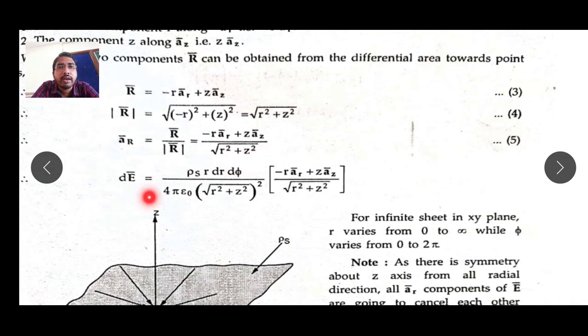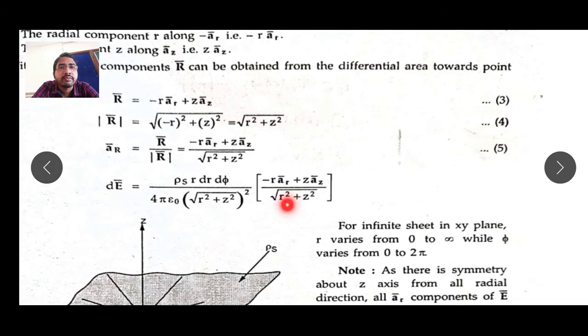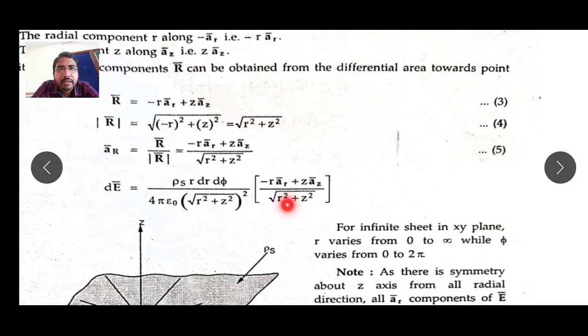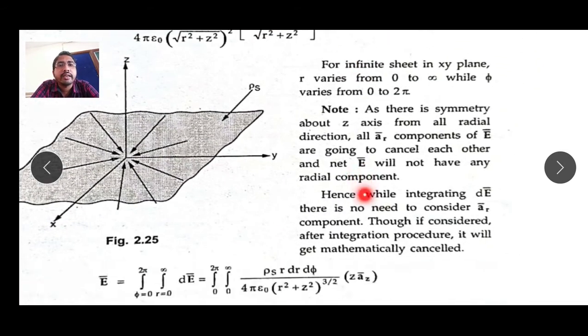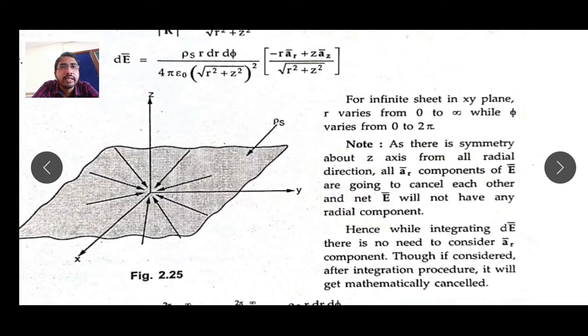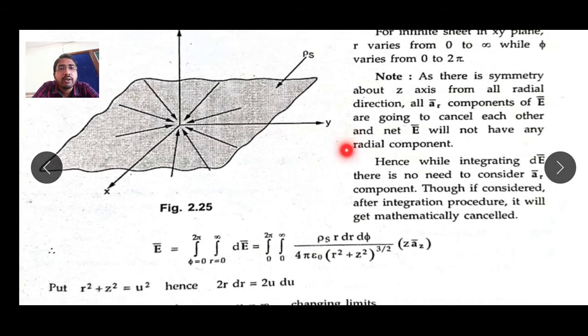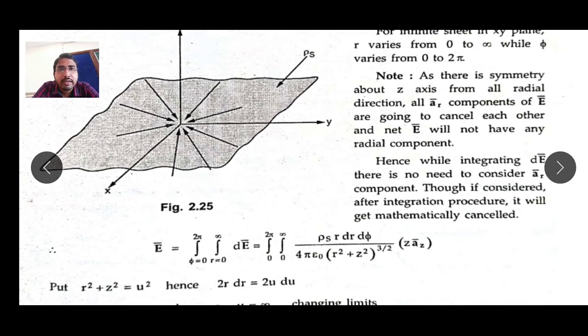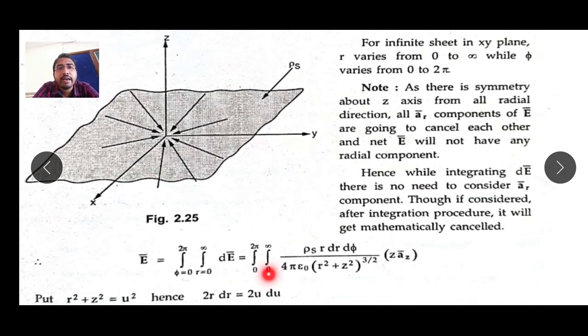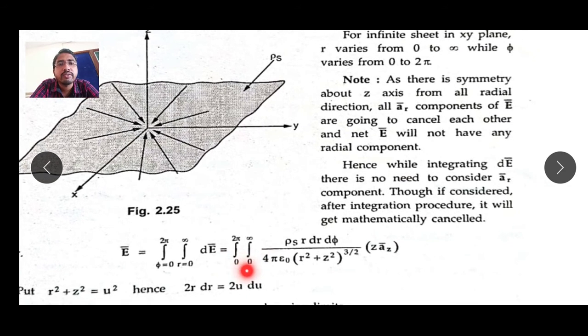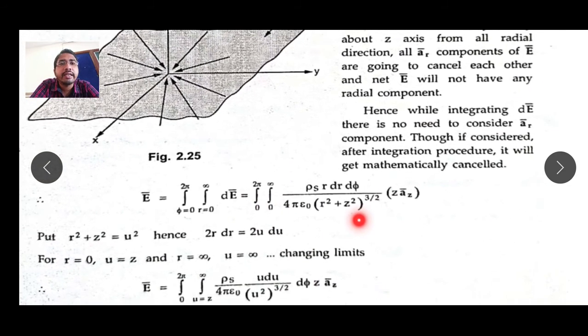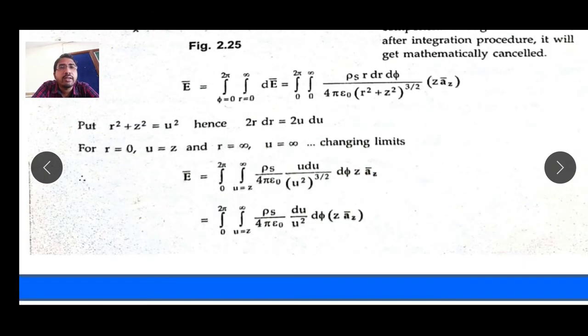So in dE bar, you substitute that r bar by mod r bar unit vector direction, and you will get a simplified expression for dE. But this is a cylindrical coordinate system and the points are r, phi and z. Z limit is anyway z, you leave it like that only, but r and phi limits are taken. R is from 0 to infinity and phi is from 0 to 2 pi. Integrate over it and you will get the